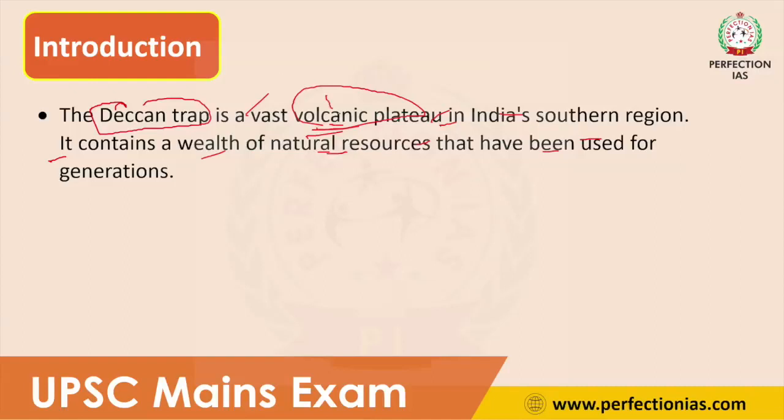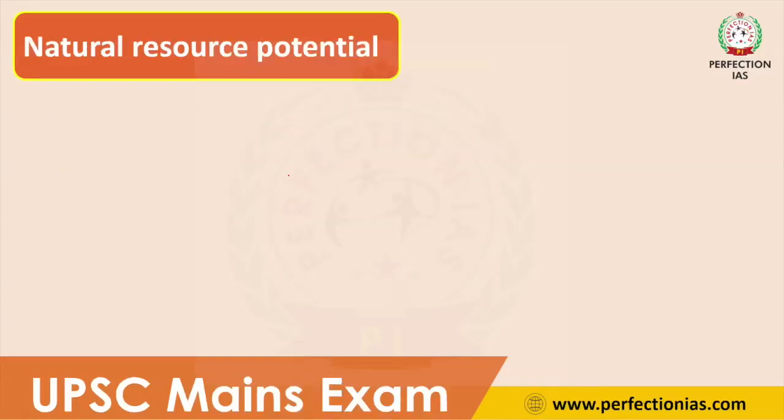If possible, you can draw the map of India and mark the region for all the geography questions. If possible, try to include the map as much as possible. Including a map is a value addition. You will get some extra half to 1 mark for adding the map. So this is the introduction. Then in the main body part, you have to write about the natural resource potential of Deccan